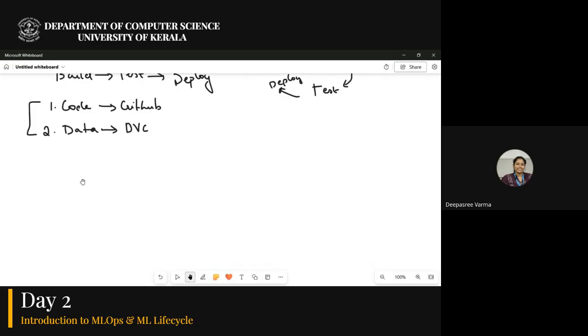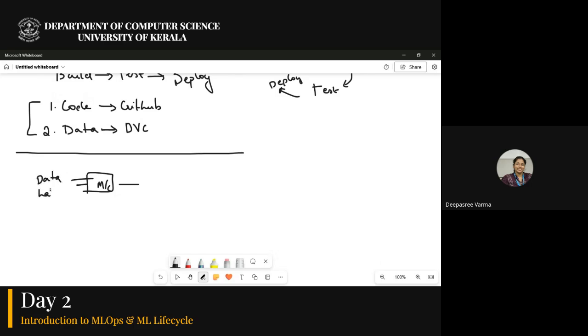Another part. As I told, since we do have new machine learning beginners, I just told somehow we are going to train. I'm giving input and I'm giving output. The machine is learning. So how does the machine learn? There are various methods in which machines learn. We talked about supervised learning, where we have data and corresponding labels.